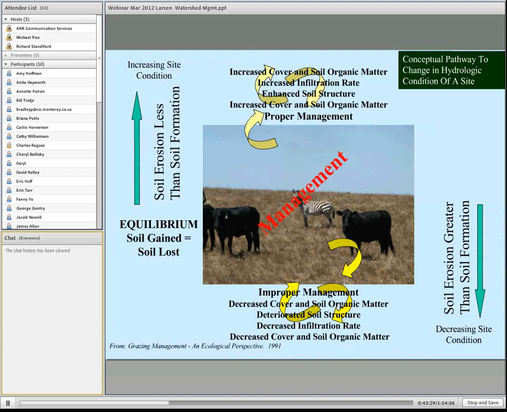This is a complicated diagram, and I apologize for that, but the point is management is what determines whether it's accelerated versus natural. If you do good management, you get this kind of upward spiral that improves our soil and our watershed functions. Whereas if you do poor management, where you open up the soil and leave it uncovered by grading or other things, you get this downward spiral that can cause more problems.